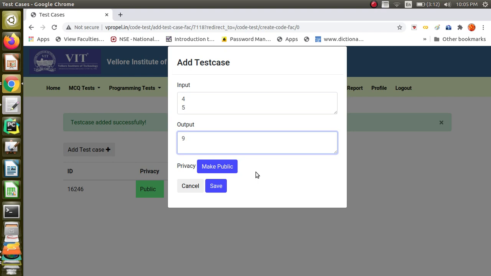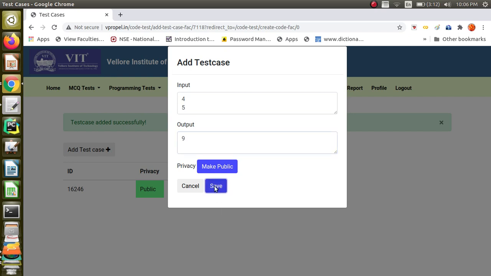Why do we have 2 types of test cases? Because we do not want the student to fool the system. If every test case is exposed to the student, then he may fool the system by just writing if then, and then he may break the system, right. That should not happen. So we are not going to make all the test cases private, and the system will check when we are creating the test. The system will check whether each problem has at least 1 public and 1 private. That kind of validation we make before we create a test.